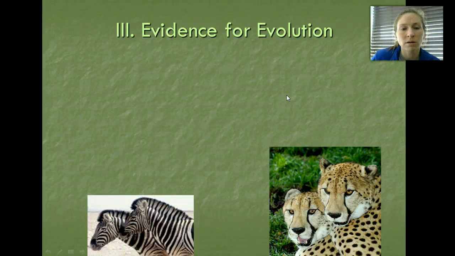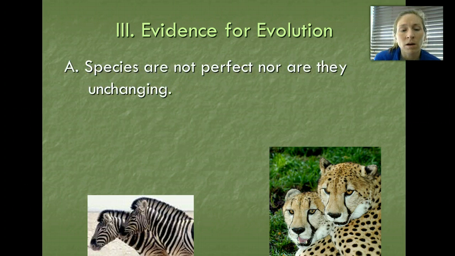Hey guys, we're going to continue our conversation on evolution where we left off last time, just talking about Darwin's voyage and how he collected all of his evidence to back up his theory. And then today we are going to basically point out the parts of his theory and the evidence that goes along with it. So, one thing we have to remember is that species are not perfect, okay,